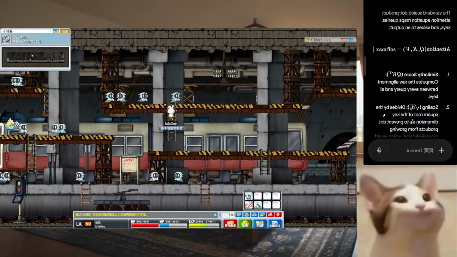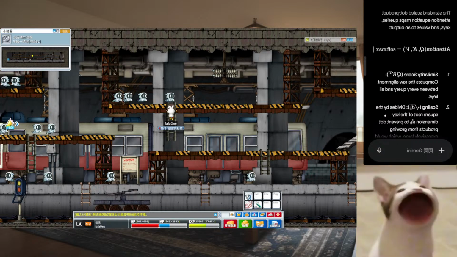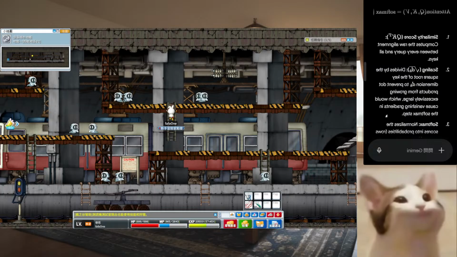Computes the row alignment to every query keys in the key.